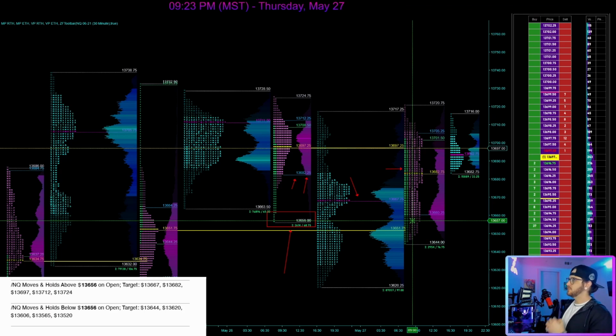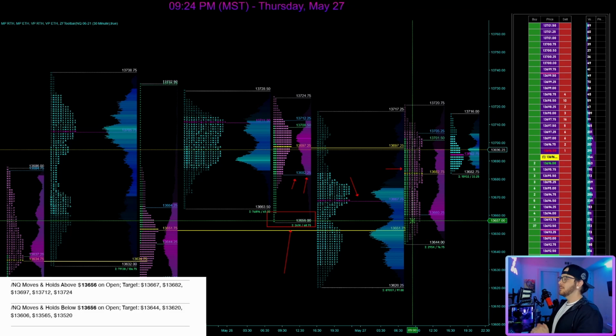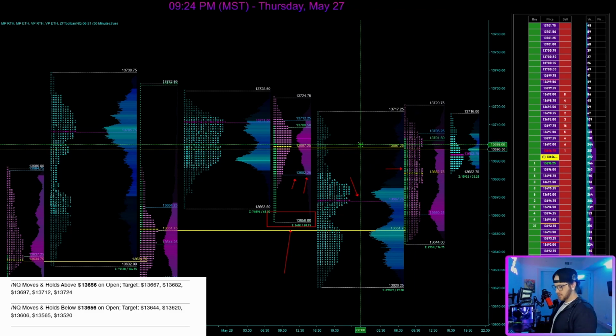I urge you guys, if you're new especially, to go into the Facebook group, backtest my trade plans. You can go back for months upon months and see the hit rate in these trade plans. And it's for good reason. This market information is plotted automatically for us, and it is right here for our taking to use it as an edge. So with that said, the third upside target that I was interested in was 13,697.